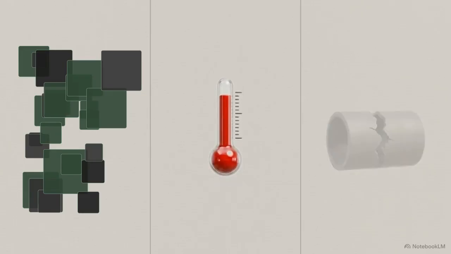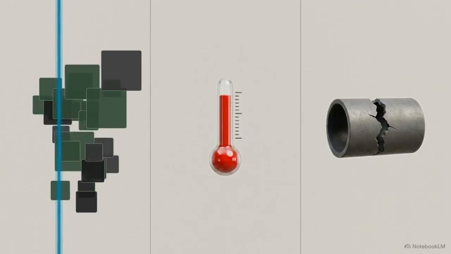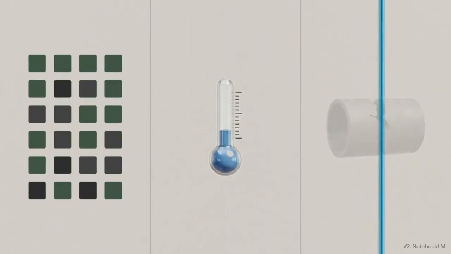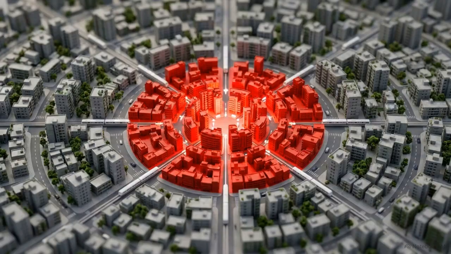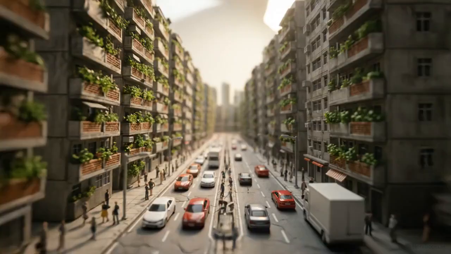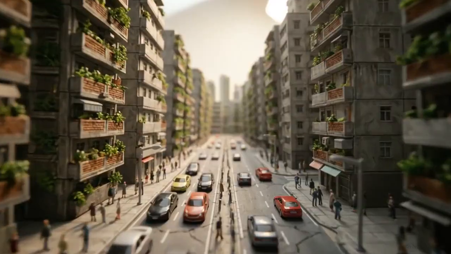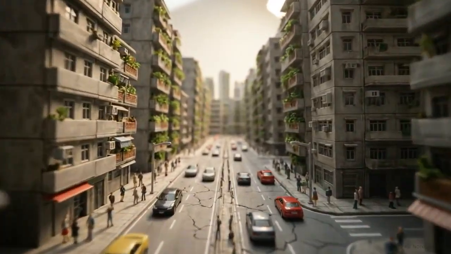Dhaka is currently experiencing a simultaneous failure of its space, its temperature regulation, and its water systems. Engineering a way out requires fixing all three of these core systems at once. System 1 is space. Currently, the city functions as a single, heavily centralized target. This draws almost every commuter and resource into one hyper-congested core that the infrastructure can no longer support.